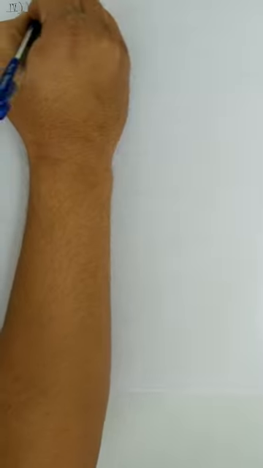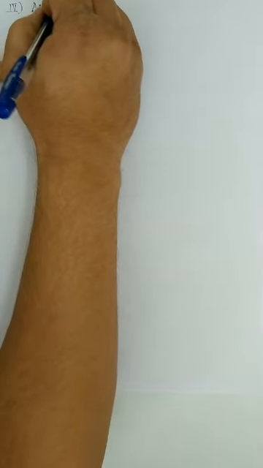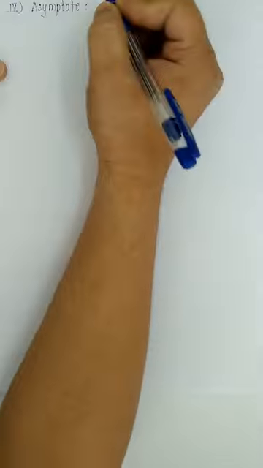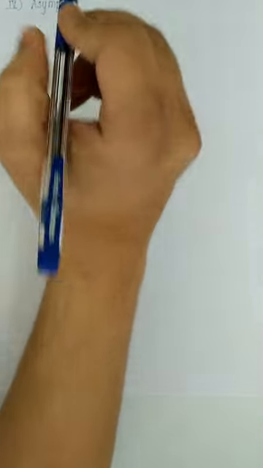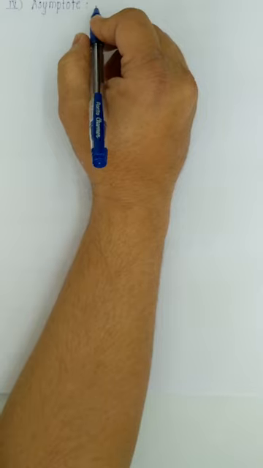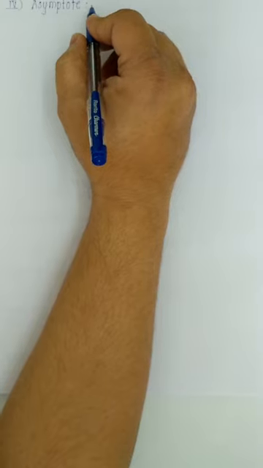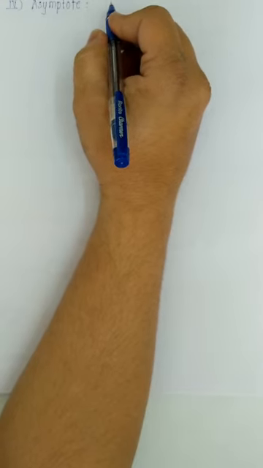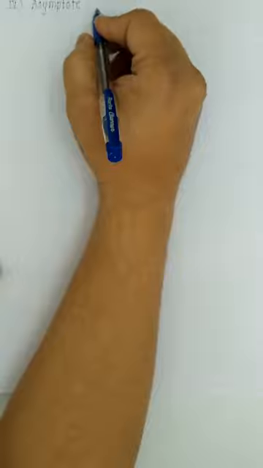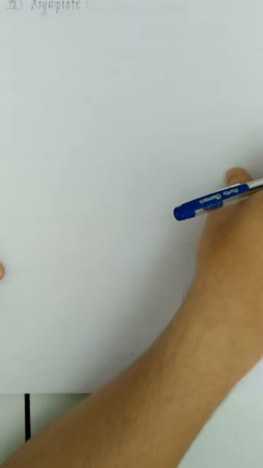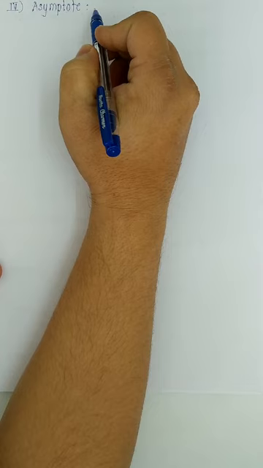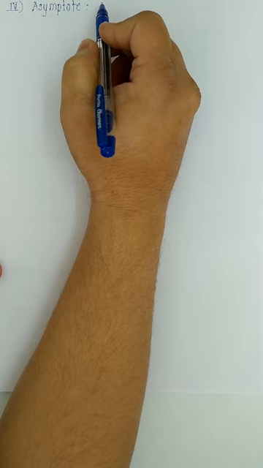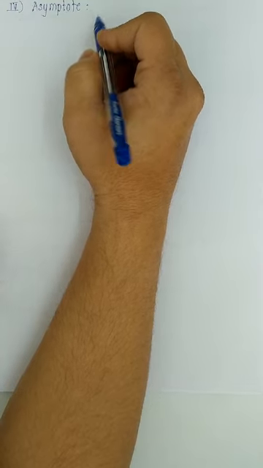Now the next point is asymptote. The fourth characteristic is asymptote. How do we obtain the asymptote? For that, we need to find the coefficients of the highest degree terms in x and y, and then equate them to 0. So to find the asymptote parallel to the x-axis, we observe the coefficient of the highest degree term in x and equate it to 0. In the same way for y.